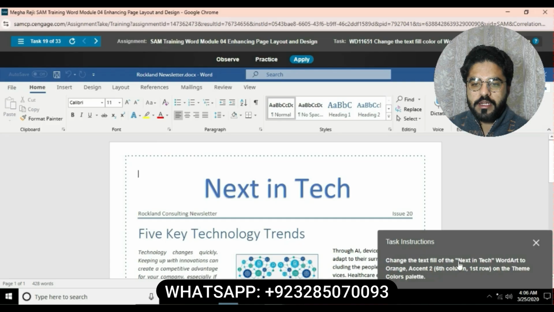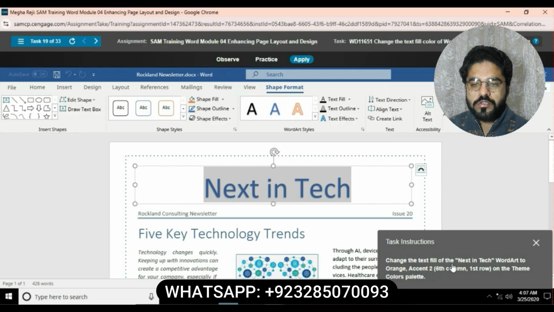Question number 19. Change the text fill of the next in text word art to orange accent 2, sixth column, first row on the theme colors palette. First we select this text, then go to the picture shape format,